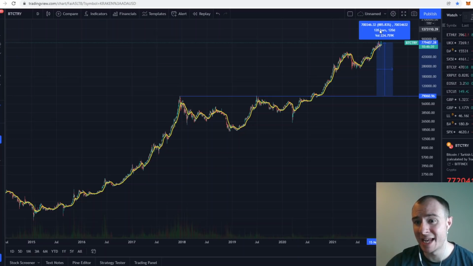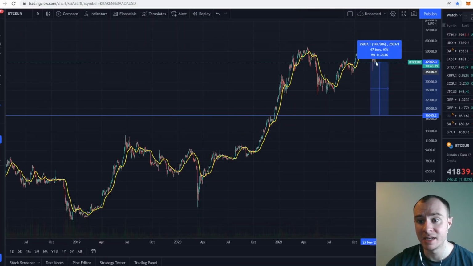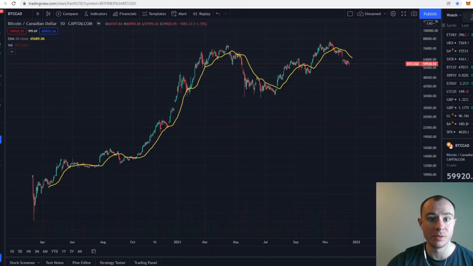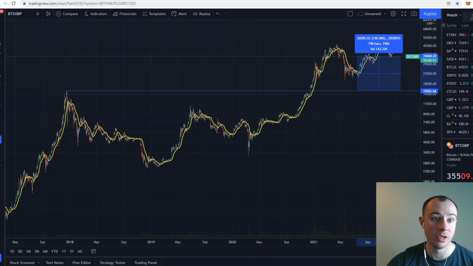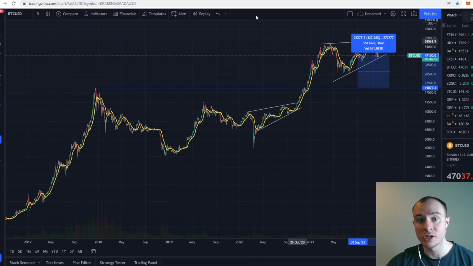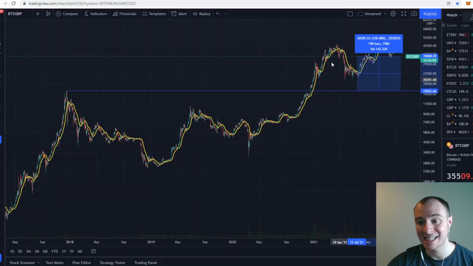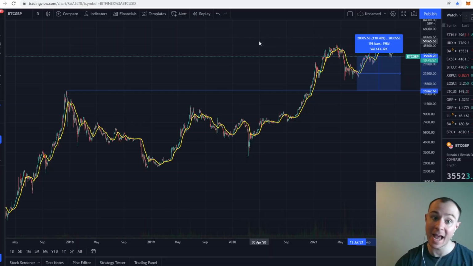So you can see that's gone up 885% in opposition with the euro at 147%, and in opposition with the Great British Pound at 130%. And the dollar. So actually the Great British Pound has gained less against Bitcoin, certainly if we go from our prior high in 2017 to where we are now. So the Great British Pound actually serves as a better hedge against Bitcoin than some of these other currencies.